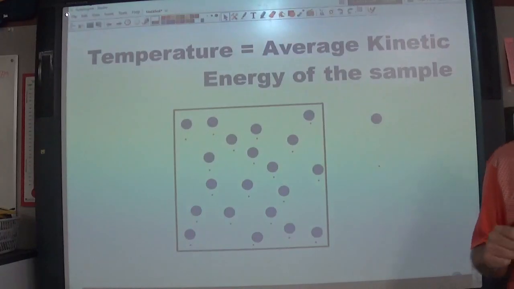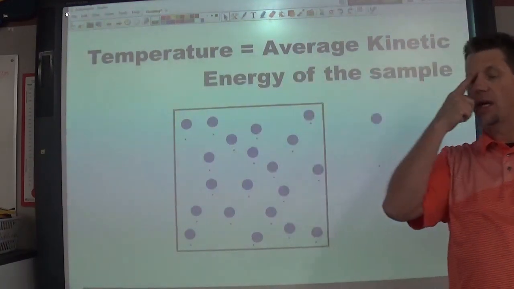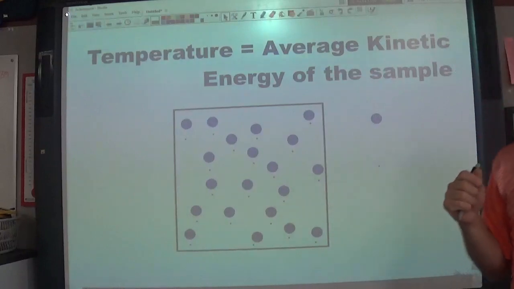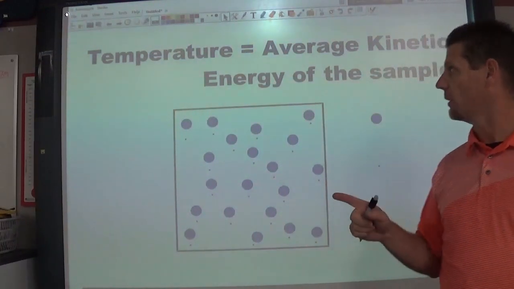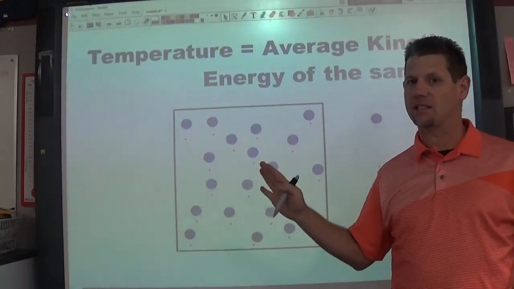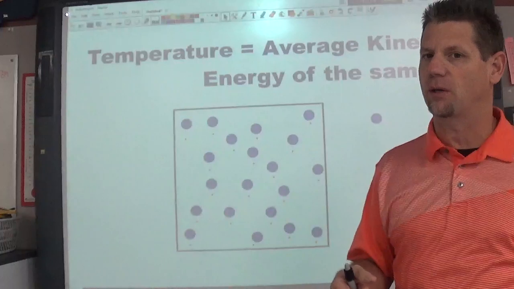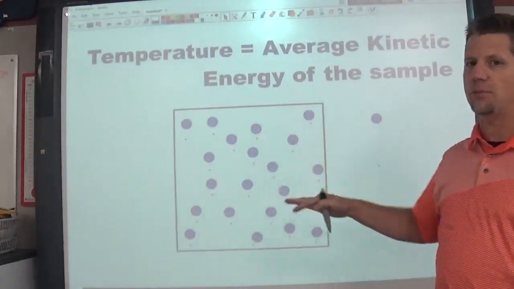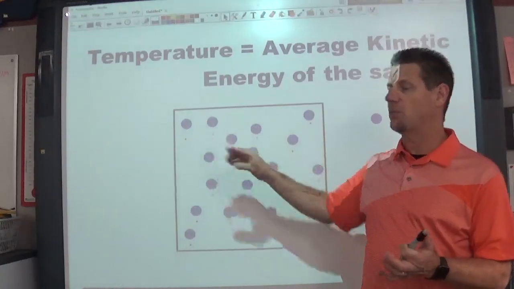So here's the deal. If these particles are both at the same temperature, how is it possible that they have the same kinetic energy? Remember, kinetic energy is a combination of not just their speed. It's not just how fast these things are moving around. The other thing involved in this is the size of the particles. So if these were two different particles, a large particle and a small particle,